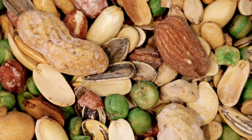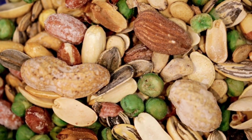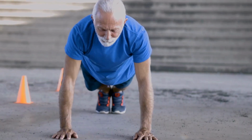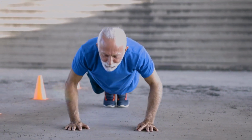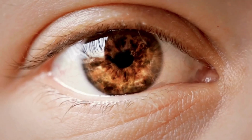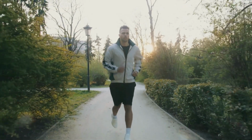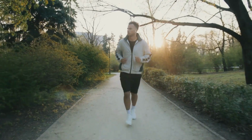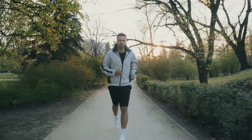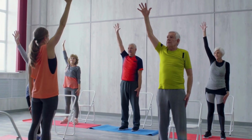And don't forget about nuts and seeds, which are high in vitamin E, another powerful antioxidant for your eyes. Exercise is equally important. Regular physical activity can help improve blood circulation, reduce inflammation, and even help lower eye pressure. Just 30 minutes of moderate exercise, like walking, swimming, or cycling, a few times a week can make a big difference. So if you've been thinking about taking up yoga or joining a fitness class, now might be the perfect